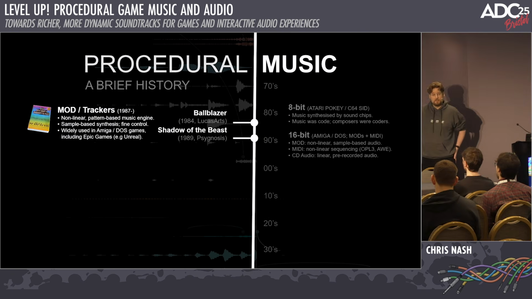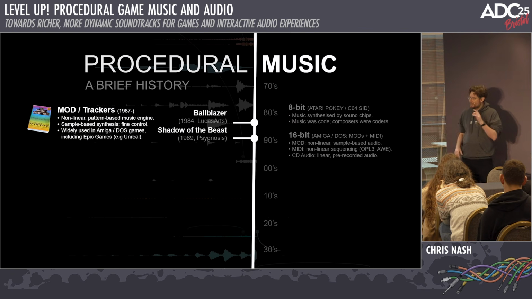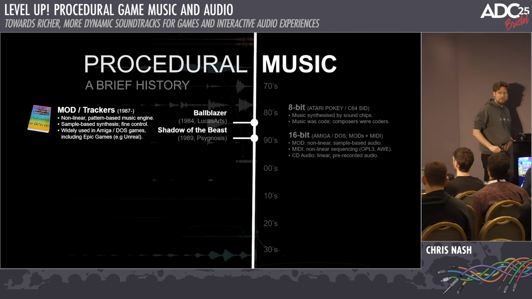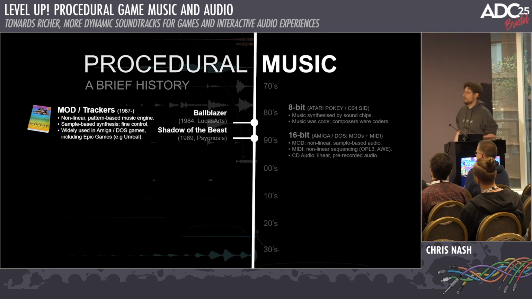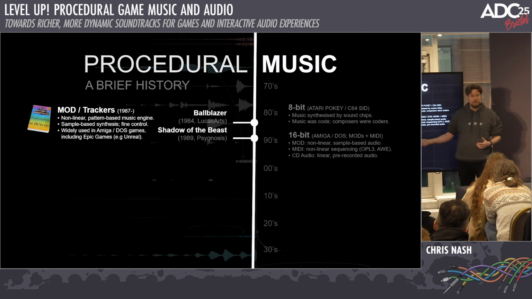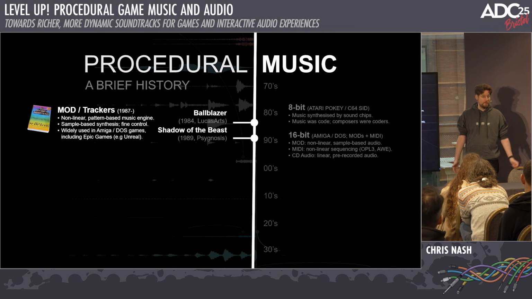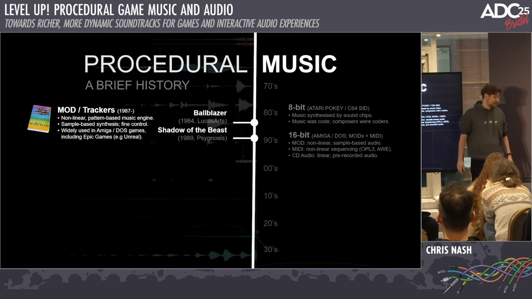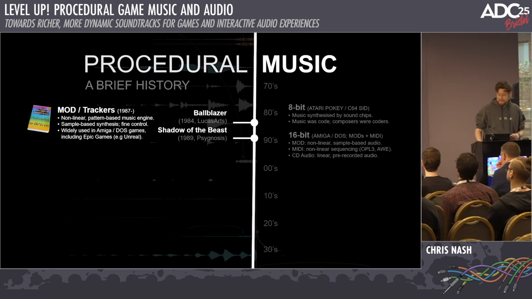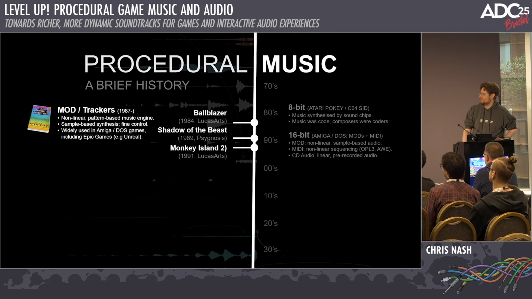Mod music, as it was known, is the file format. Basically, all the games on the Amiga used mod music, and quite a few of them in the early DOS days. A notable user of mod music and trackers was Epic Games. Unreal, the first game, and Unreal Tournament both used tracker music for their soundtracks. I really enjoyed them. And in Unreal now, you still have native support for tracker files. So it's still knocking around. Right, let's just park that. It'll return in a bit.